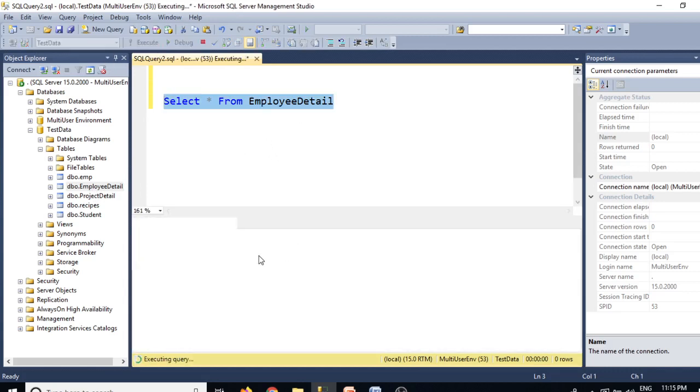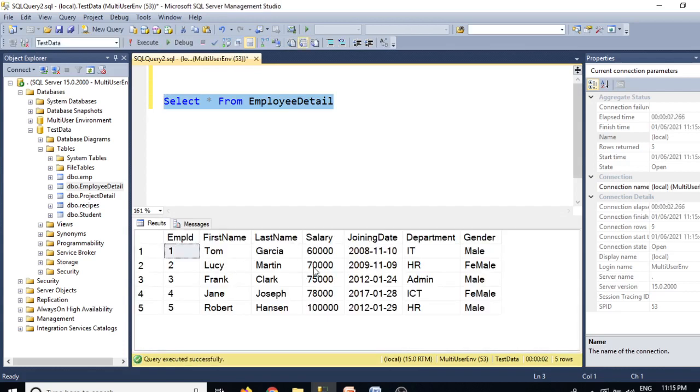This will give you all the employee detail data. SQL is not case sensitive, guys. So instead of select, you can use uppercase as well. Whatever keywords we have, you can write in lowercase as well as in uppercase.